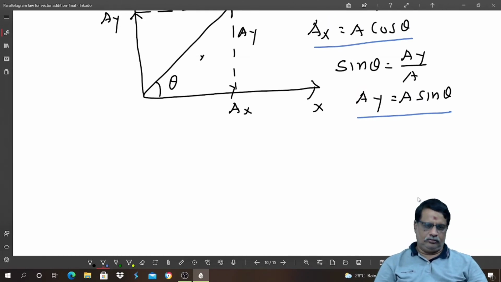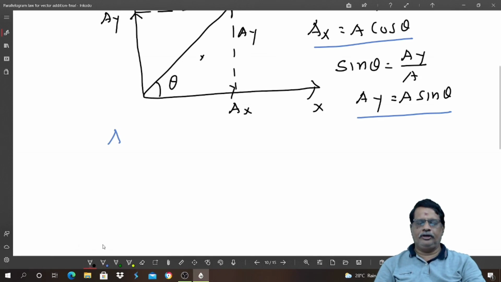But basically, if you look at these expressions, you can see that both of them are representing the modulus. A is a scalar because a is the modulus of vector A. Cos theta is a scalar. Scalar into scalar is a scalar. So both a cos theta and a sin theta are scalars. Actually, what we want is the components of the vector A. So components of a vector should be vectors. A component of a vector cannot be a scalar. So in order to give them a vectorial nature, both ax and ay should be given vectorial nature because they are the components of a vector.